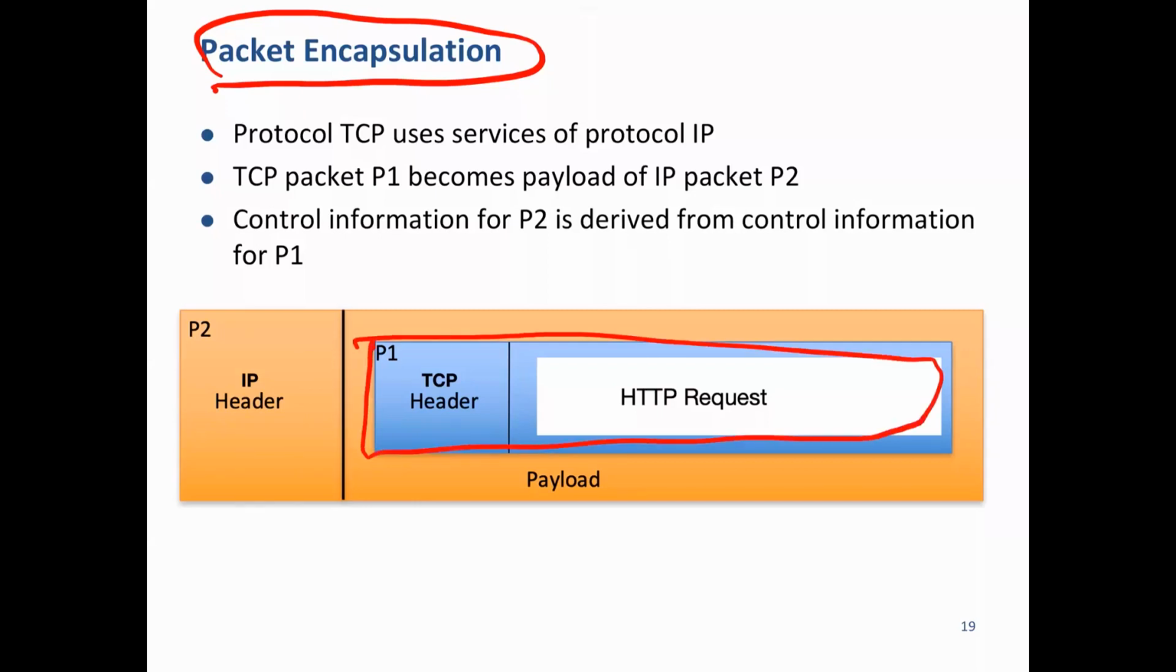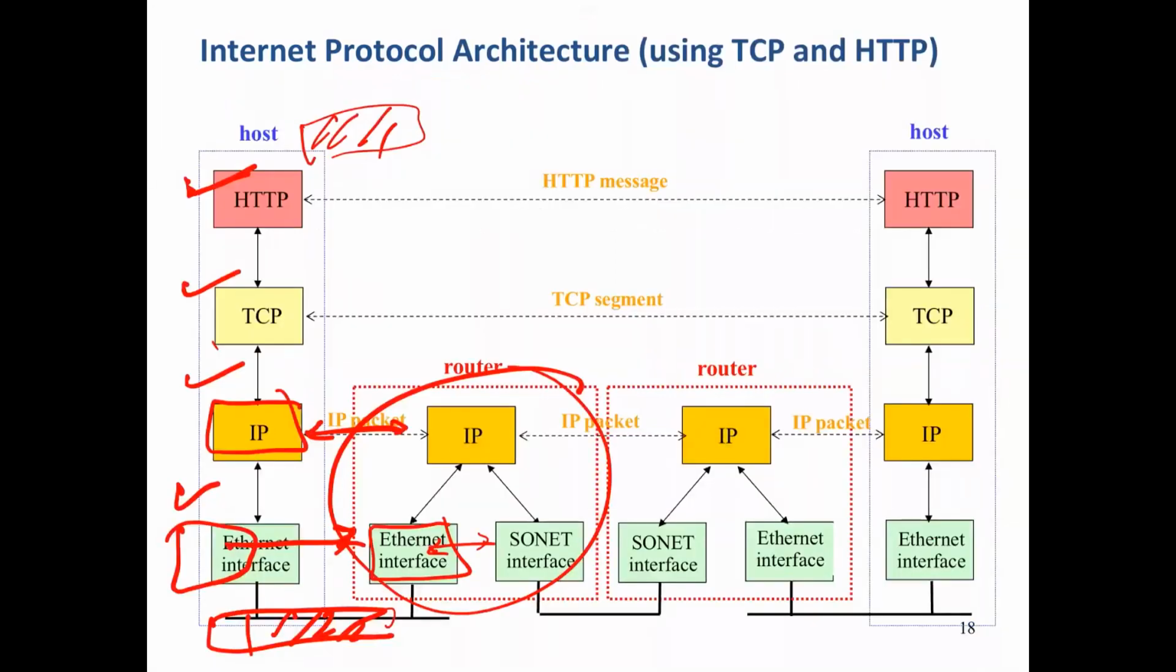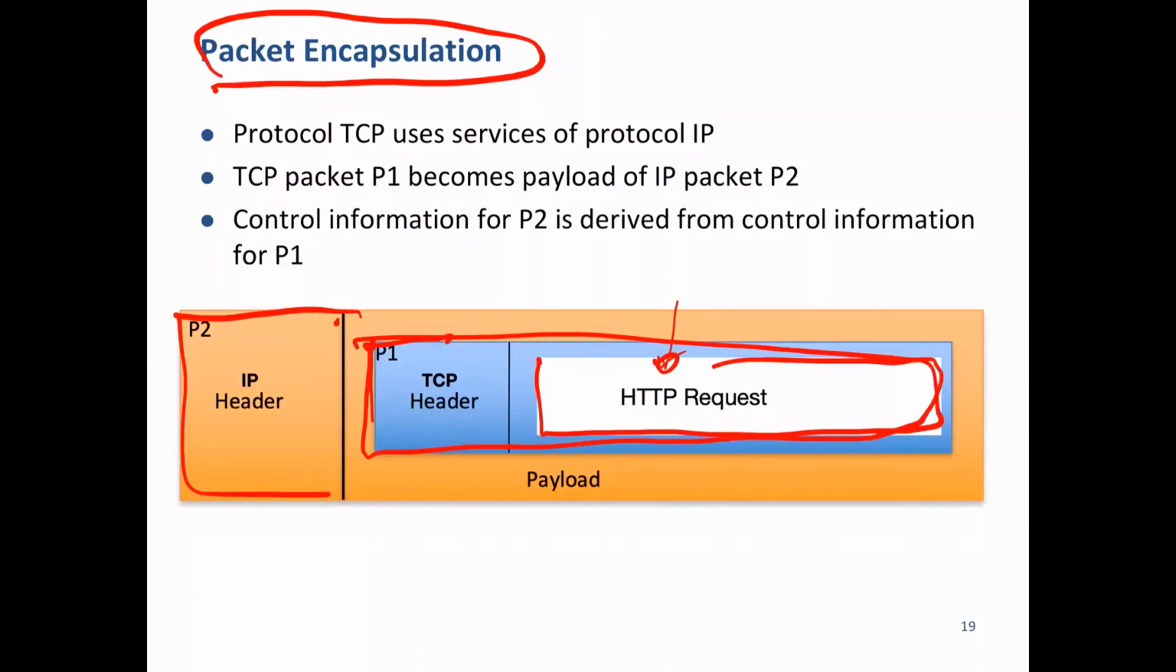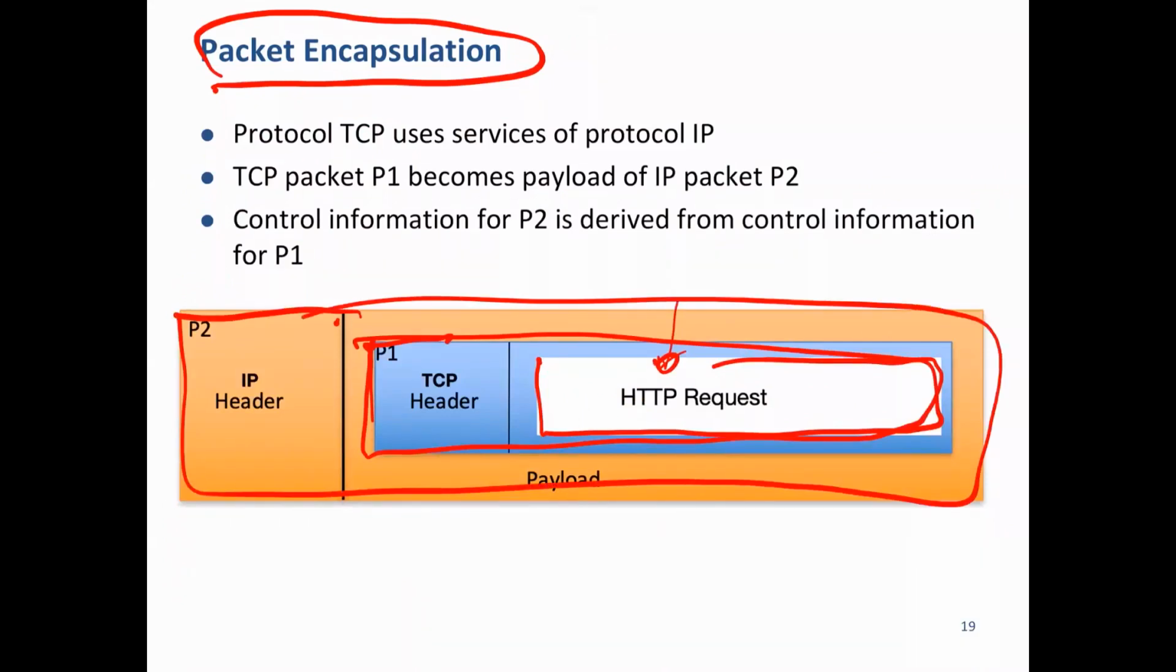Now the TCP packet gets what? The data of the TCP packet corresponds to the HTTP request. Okay, now this is a TCP packet. When the TCP packet comes to IP, it gets encapsulated within an IP packet, and so on. When this further goes down, because you can't send IP directly over the wire, you need layer 2